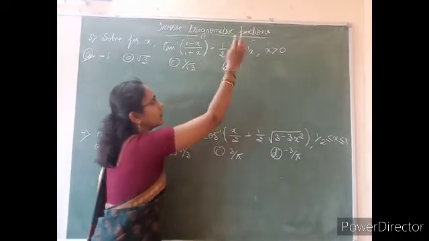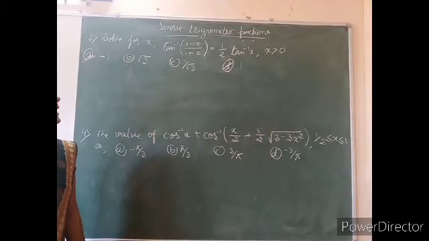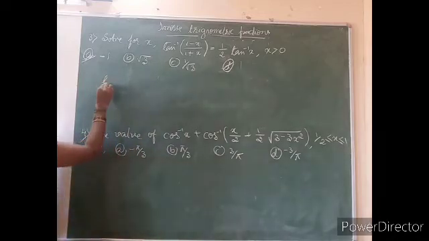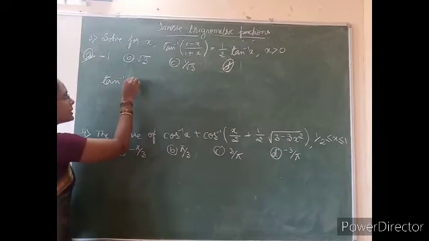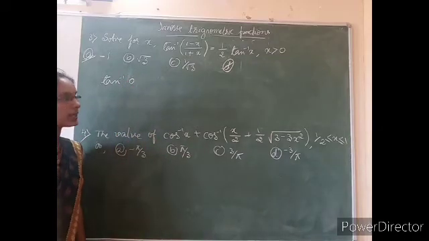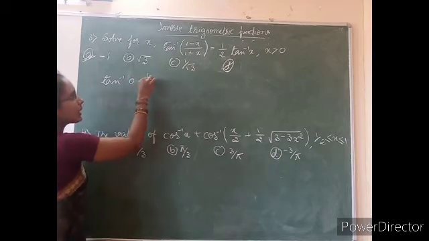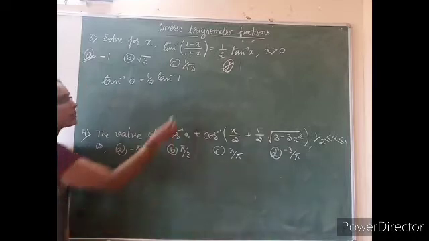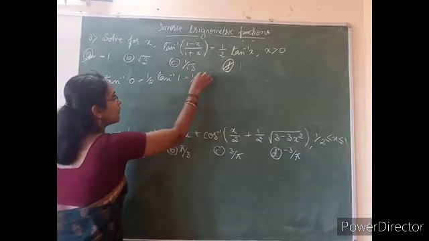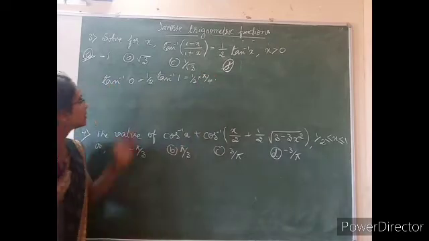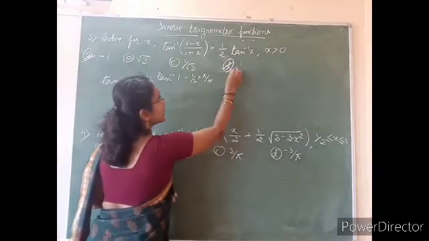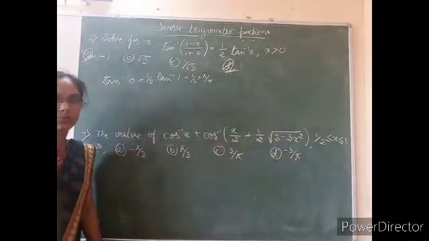I will check with option D, that is x equal to 1. I will substitute x equal to 1 in the given expression. So what will we get? Tan inverse of 1 minus 1 is 0, and 0 divided by any number is 0 itself. Tan inverse of 0 equal to 1 by 2 into tan inverse of 1 here. Tan inverse of 1 is pi by 4, so 1 by 2 into pi by 4 is pi by 8. So 0 is equal to pi by 8, this is not possible. Therefore option D is also not the correct option here.